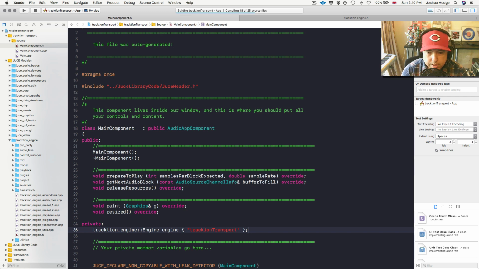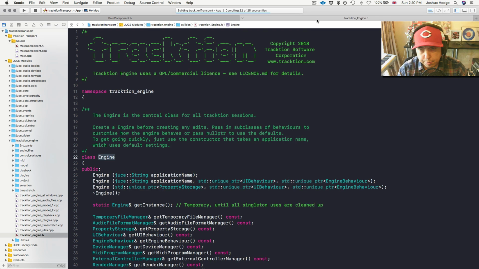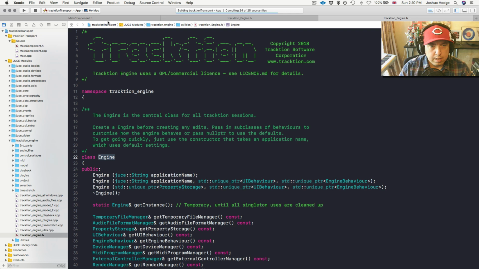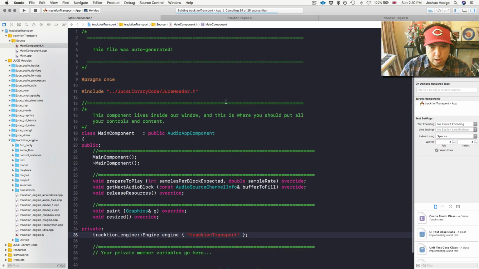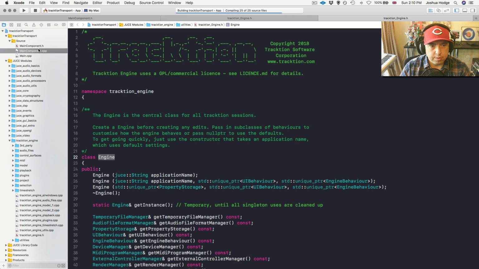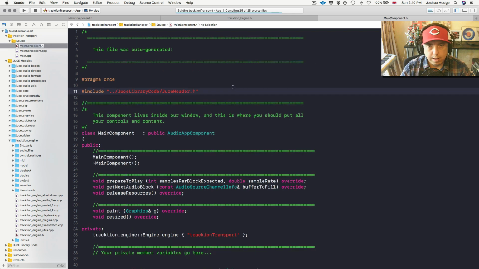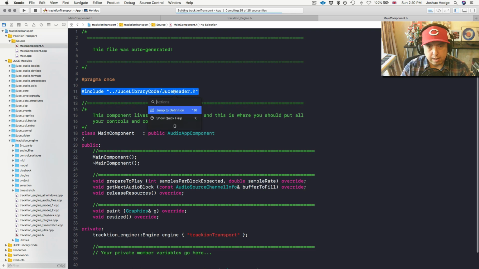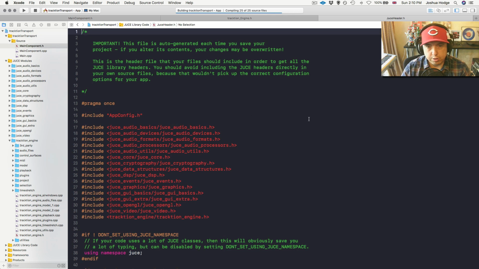Okay, so it's building at the moment, and it looks like it's going to be fine. While it's doing that, I'm just going to open another tab here. I'm going to show you a little something. If we go into our Juice header file here, as you can see, we only have one include dependency, Juice header.h. If I command click into here and jump to the definition to look into what Juice header is,